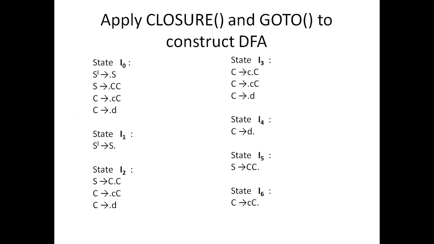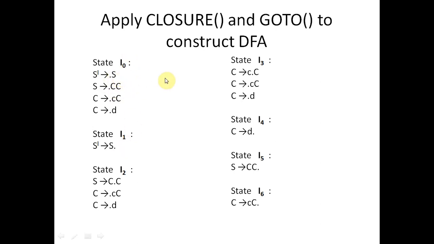For this particular grammar, S produces CC, C produces small c capital C, and C produces small d. For this grammar we have done grammar augmentation, we have written items for that and the first state. Then for this I0 state, the inputs are non-terminals S and C, and terminals small c and d. On receiving these, the dot will be shifted to the next position, giving a new state or an existing state.